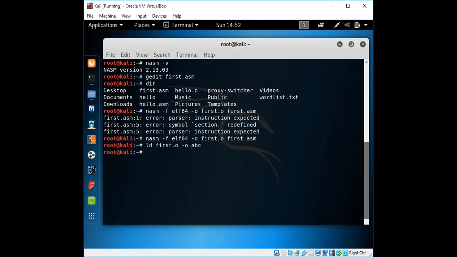You can give it the same name also; there's no need for different names. Then that executable file will be created.